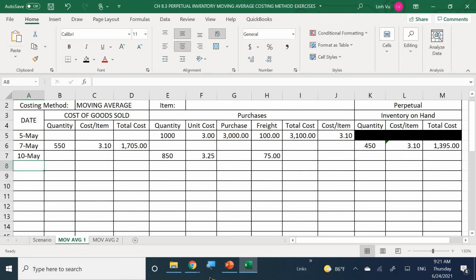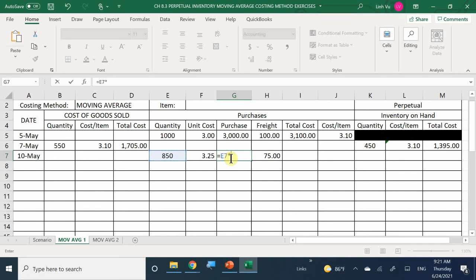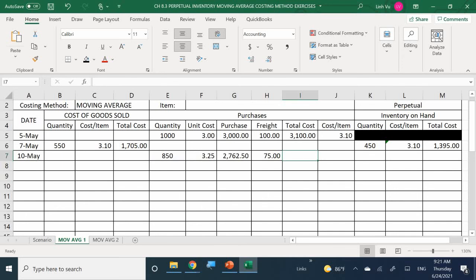So once again, what is going to be my purchase price? $2,762.50. 2,762.50, yes, good. Plus 75 to give me a total cost of $2,837.50. Now, this is where I can stop here because I don't need to solve for my average cost per item